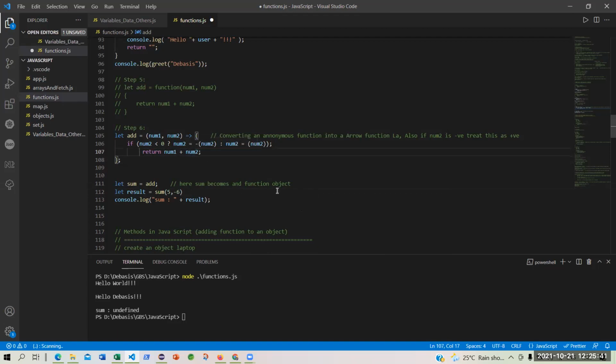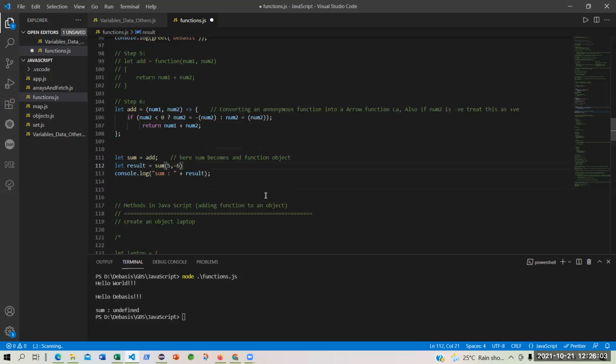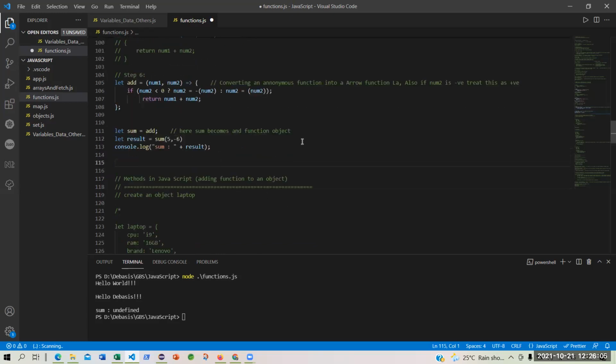Because otherwise it doesn't have any scope. It is undefined because num1 and num2 become undefined. Okay. Five minus 6 becomes +6 and therefore the result. Now let me